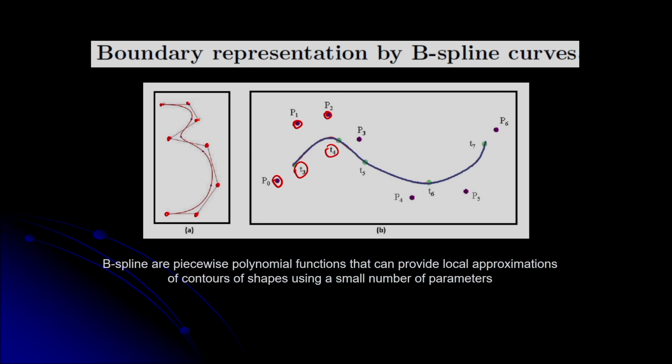So this is the concept of the B-spline curve, and B-splines allow local control over the shape of a spline curve. This approximation I can do by using the B-spline curve, and this is nothing but a compact representation of a boundary. So instead of storing all the boundary pixels, I can store only the control points, the knots, and also the B-spline function. Now what is the B-spline function? In the next slide you can see.